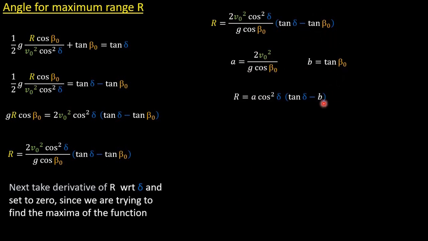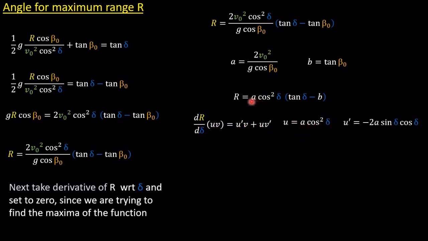And I did that just to simplify it down because beta and v sub 0 are constants, and so is g. These are all constants, so that means I can put them all together under a constant term. Okay, since I've got two functions here of delta and they're being multiplied together, I'd have to use the product rule. So there's the product rule, so dr by d delta of u times v is going to be u prime times v plus u times v prime, and I'm setting u as a times cos squared